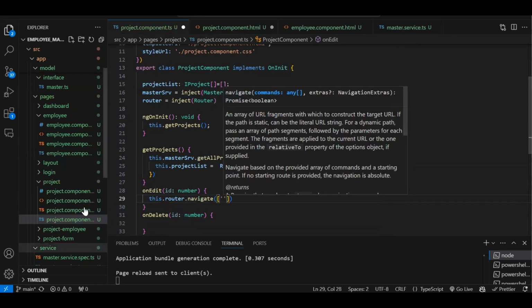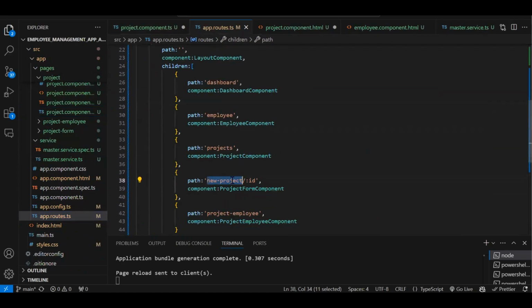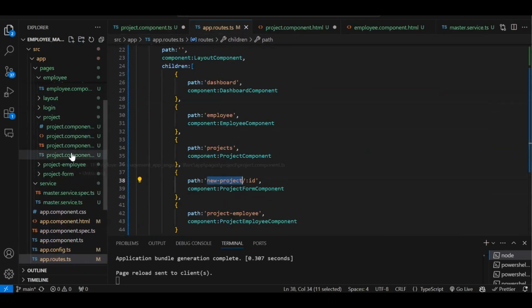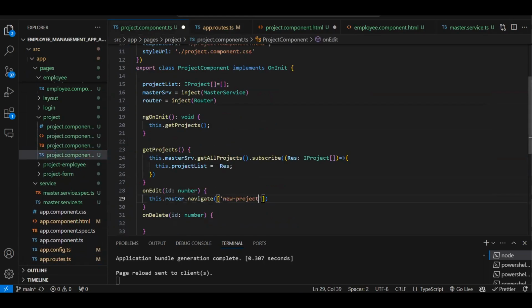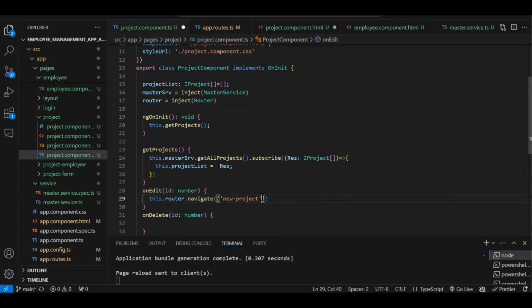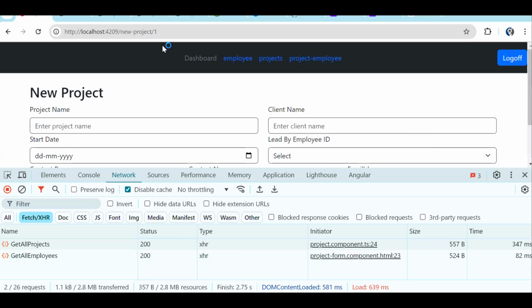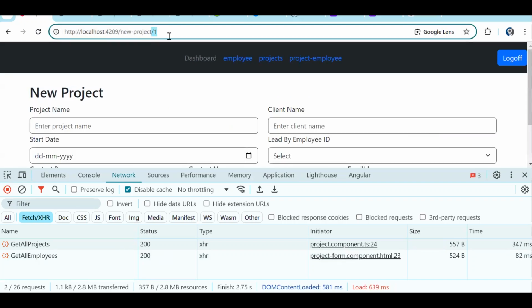First will be our route name. So our route name is new project. And second element, what do we say? Second element will be our parameter, that will be ID. So let's check if we are able to navigate to the project form. Then we have to read the data and everything. So on click of edit, you can see we are able to navigate along with the parameter to the project